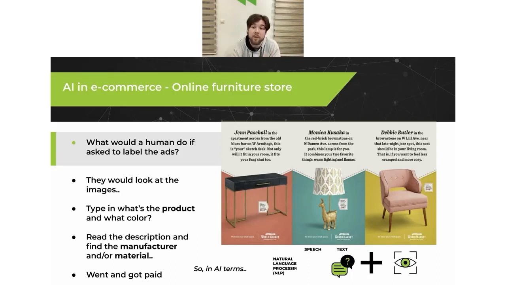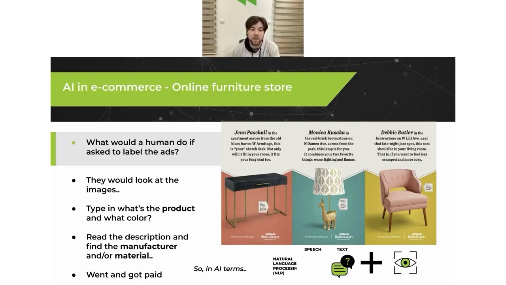So, like Branko mentioned in the first part, we need data to work with. So what is the data that we used for solving this problem? Well, it was data that was manually labeled by humans, unsurprisingly. There were a lot of ads that were already running on the website. So we took a sample of those ads. We took images, we took text, and we took the labels provided by humans, and then we made AI